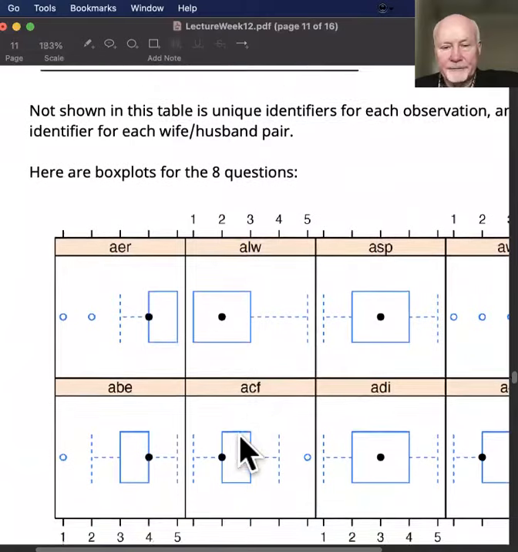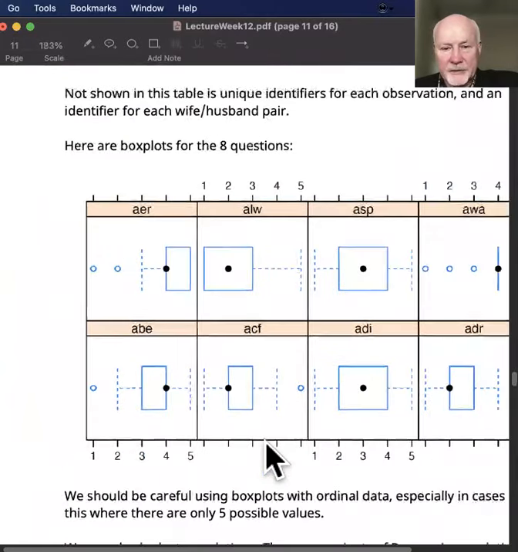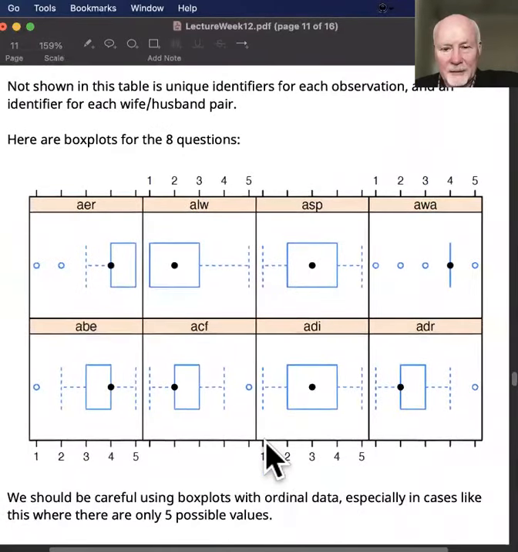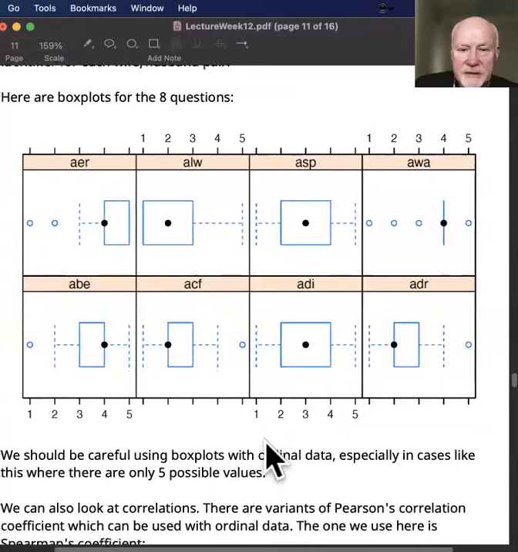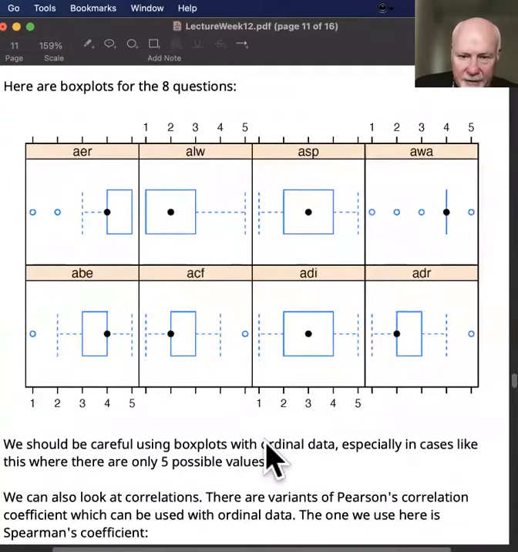Now, here's some box plots. These are just for the responses for the 8 questions. The data here is not reverse coded yet. You've got to be a little bit careful using box plots because you've only got 5 possible values, but they can quickly show up if there's a strange shape to the data. So the obvious strange one here is